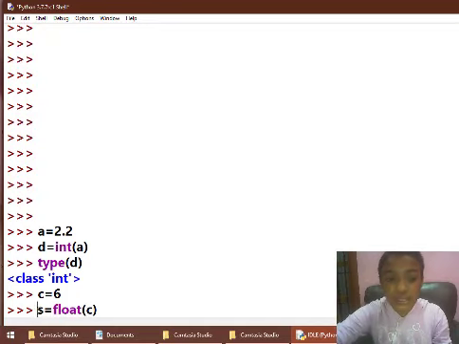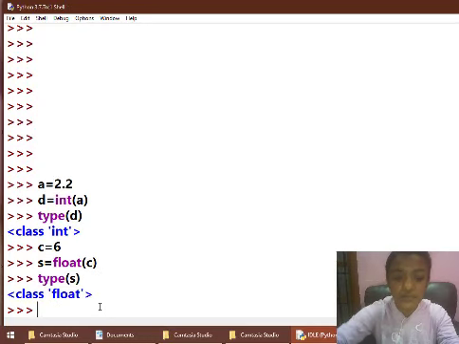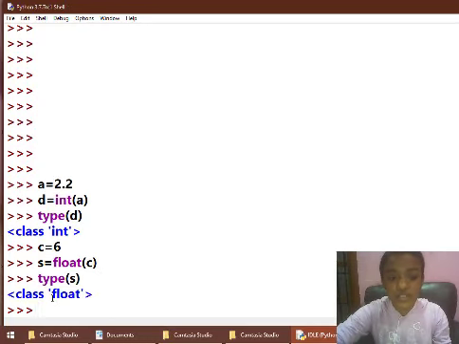What y does is, it simply converts the integer value 6 saved in c into a float. So let's see if it's true. Type y. When I press enter, Python says that the value stored inside y is float. Yeah, we have converted the integer 6 to a floating point value.